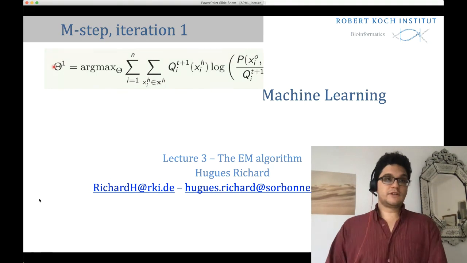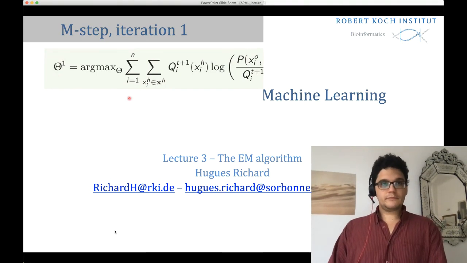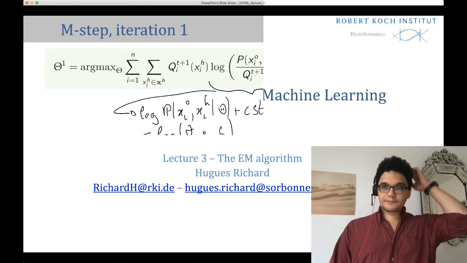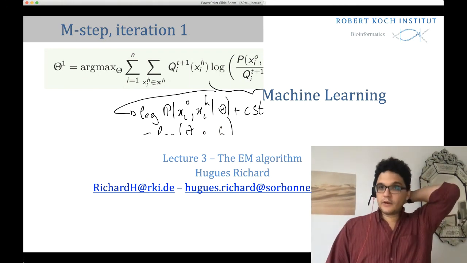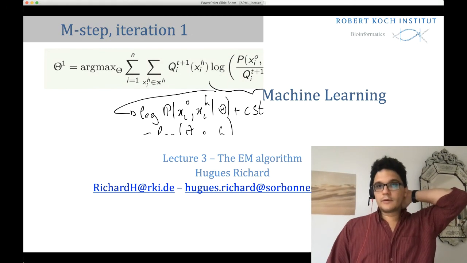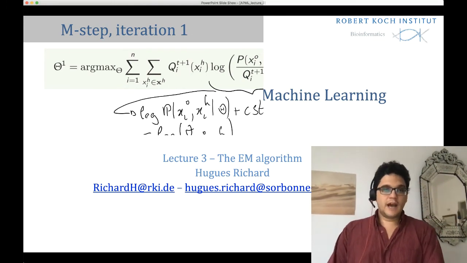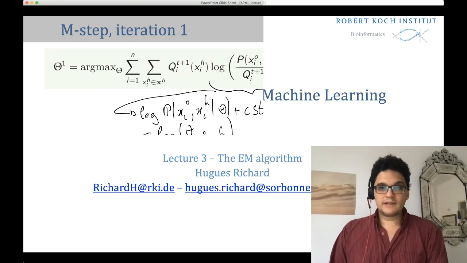So let's look at iteration 1. We have theta 1, which is this argmax. This value is, as we said, the log of having jointly x, the observed, and the hidden, and it's just the theta of the values taken by observed and hidden. That corresponds here, for x1, when the hidden is C, to theta AC. When the hidden is D, it's theta AD, etc. And so we can write the term we need to maximize for the log likelihood.